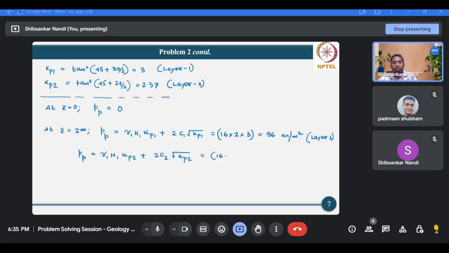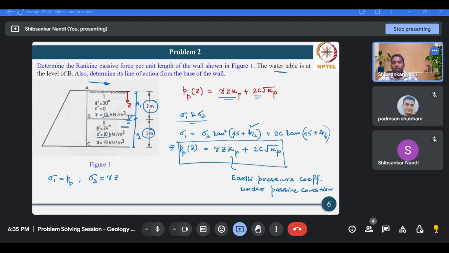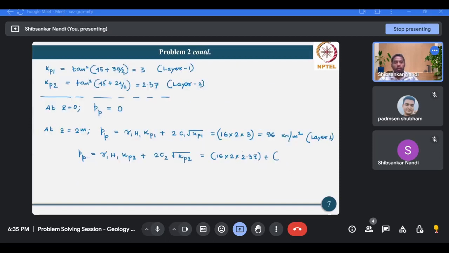Now it will be 16 into 2 into 2.37. Now what is the value of C2? The C2 value is 10. 2 into 10 into root under. It will be